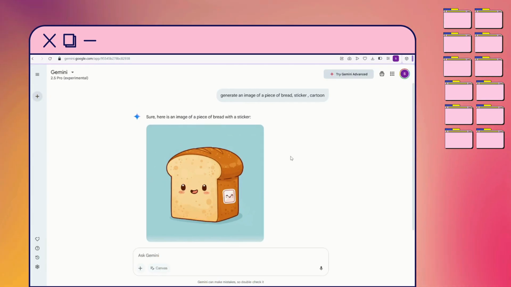So, would I use Google Gemini as my main AI image generator? No, at least not right now. Maybe Google will improve Gemini in the future and the image generation will become more useful. But for now, if you're using Gemini, it's better to stick with using it for chat prompts and not